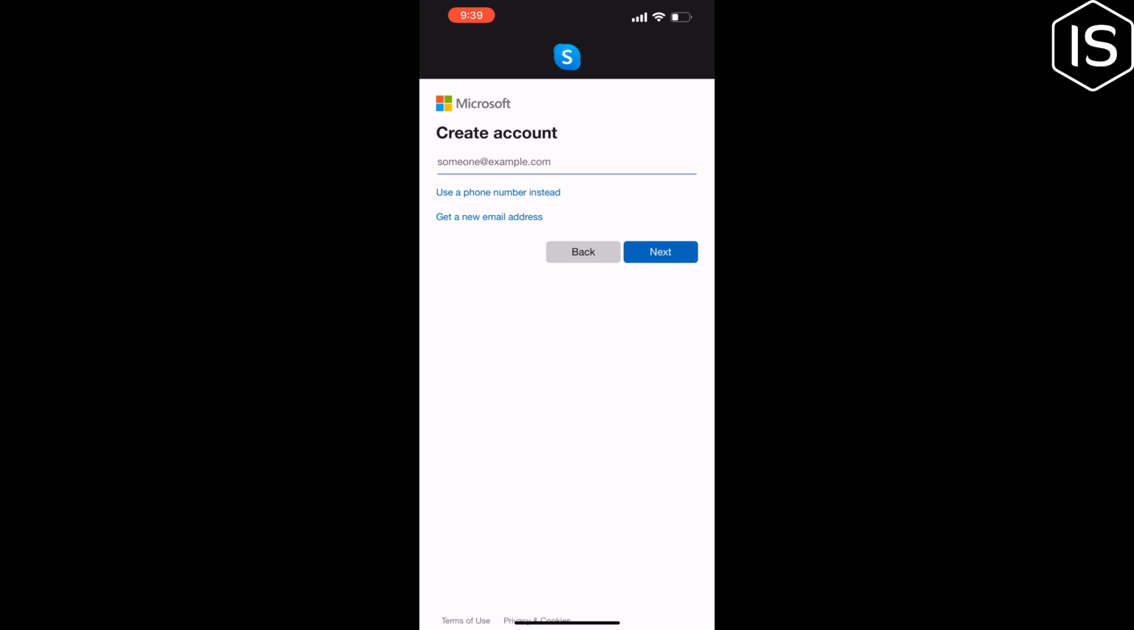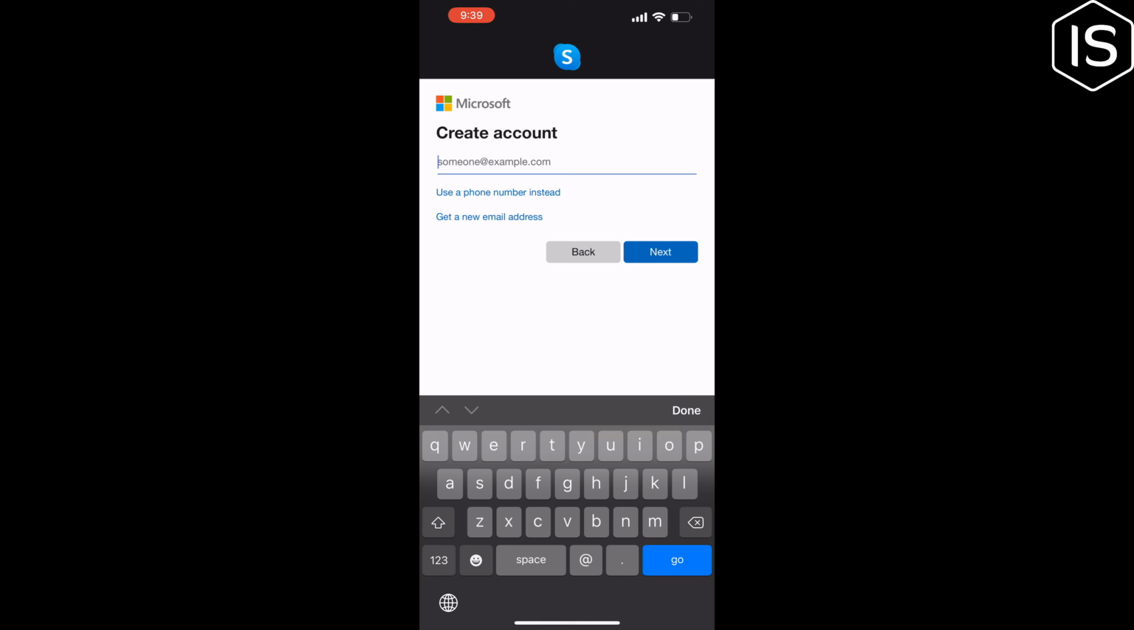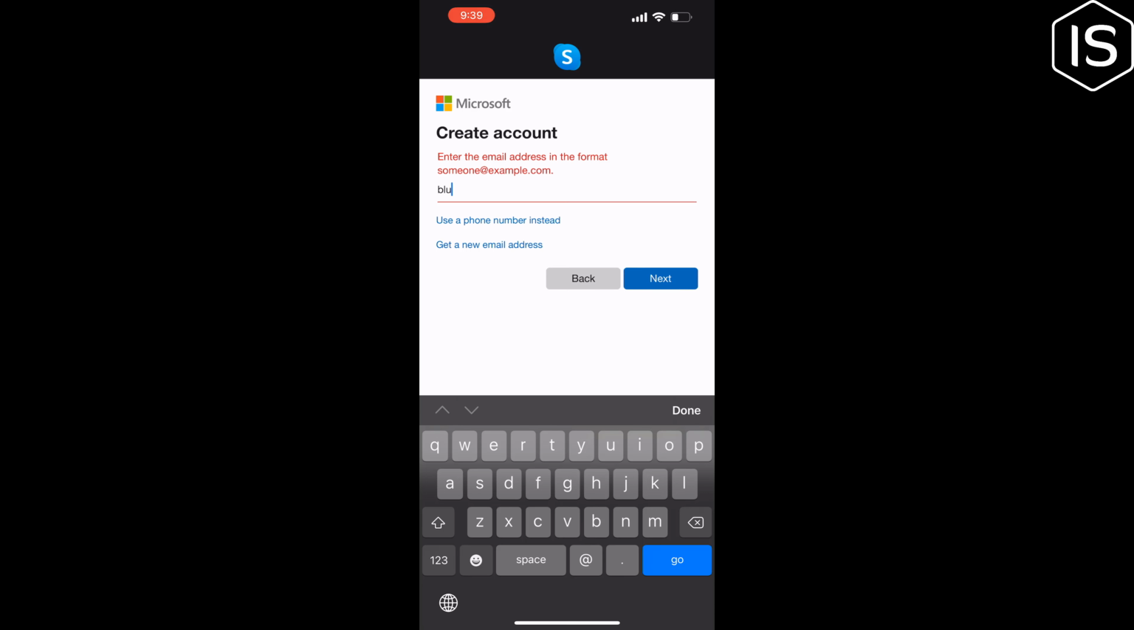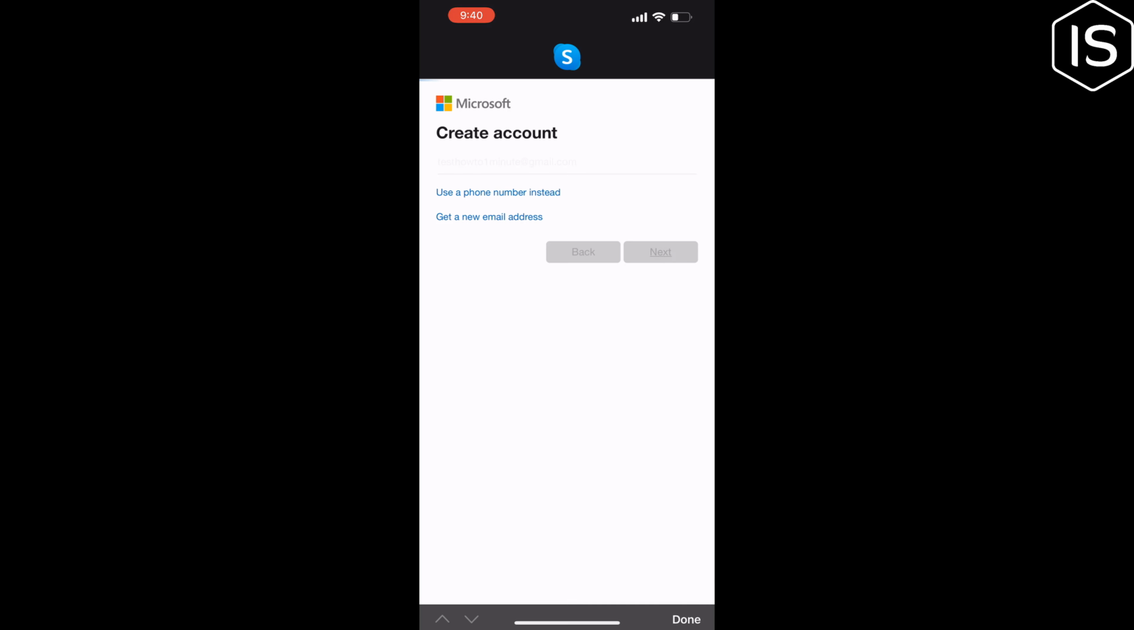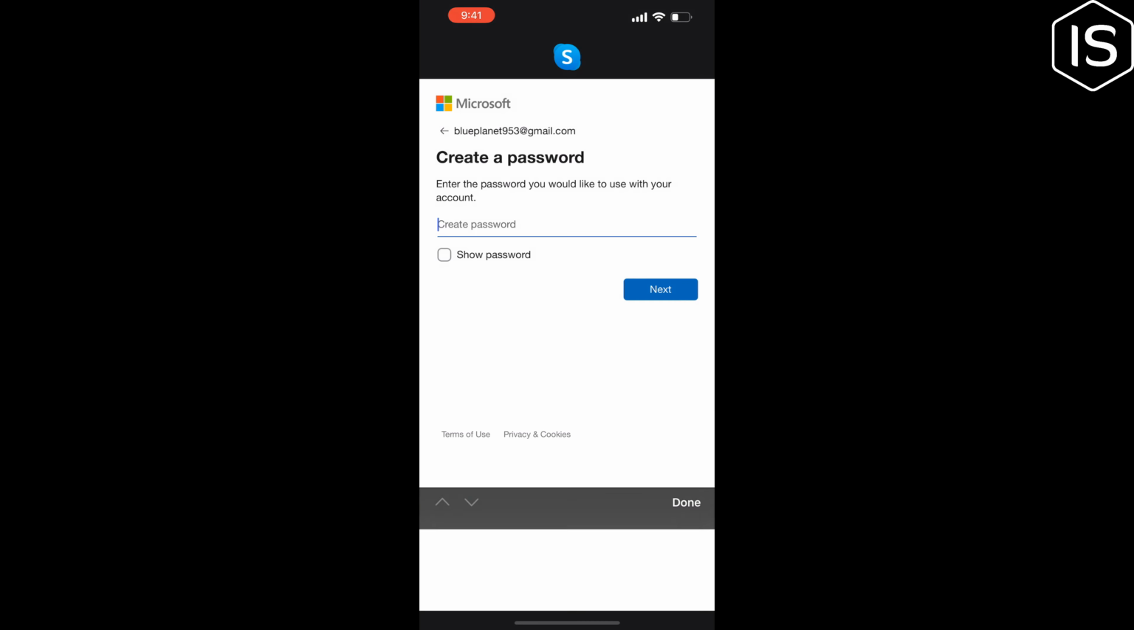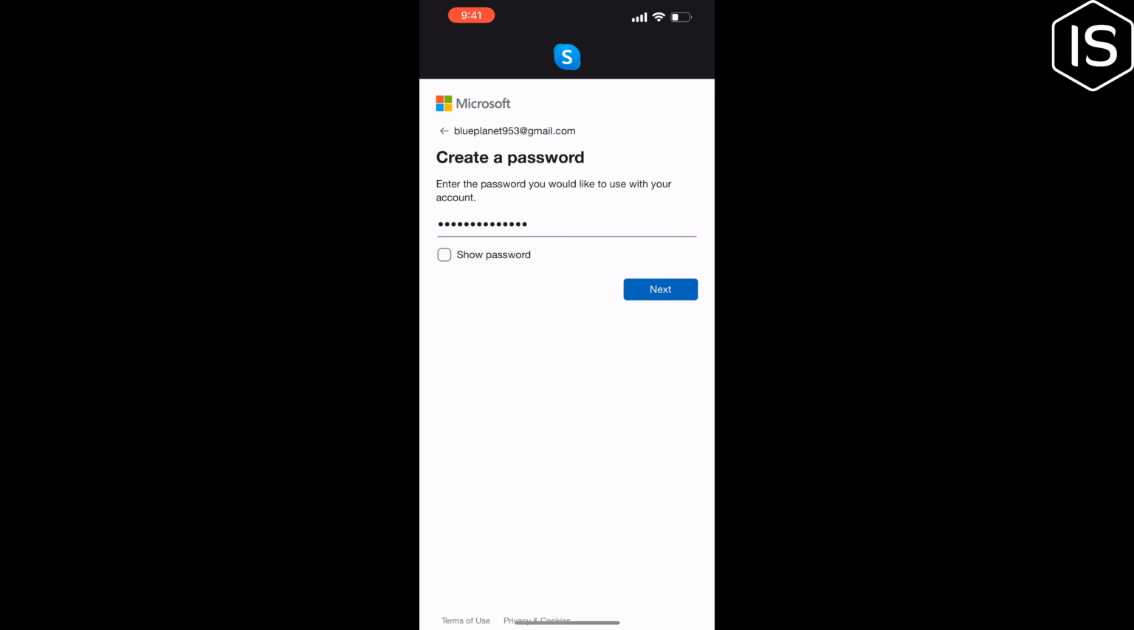So you can create a Microsoft account using your Gmail, or you can create an account using your phone number. I'm going to create a Microsoft account using my email. So I'm going to give my email address here. Next, create a strong password here. Tap on Next